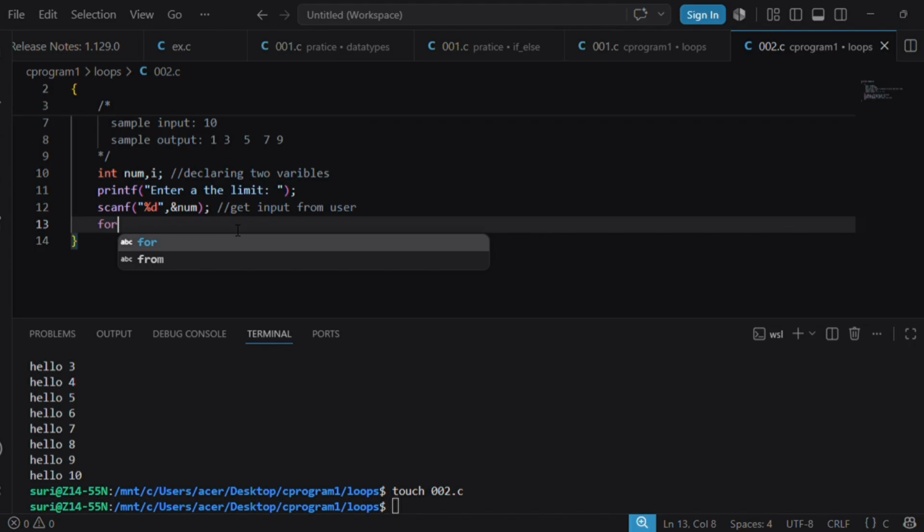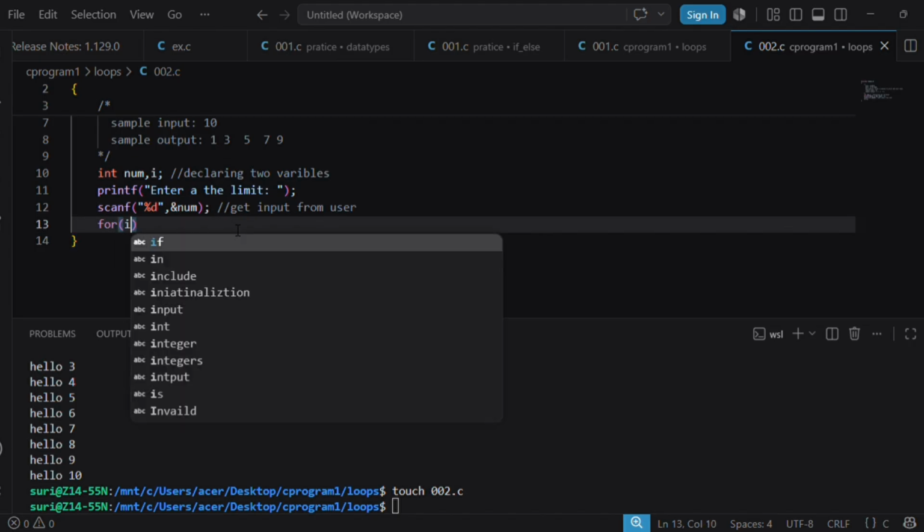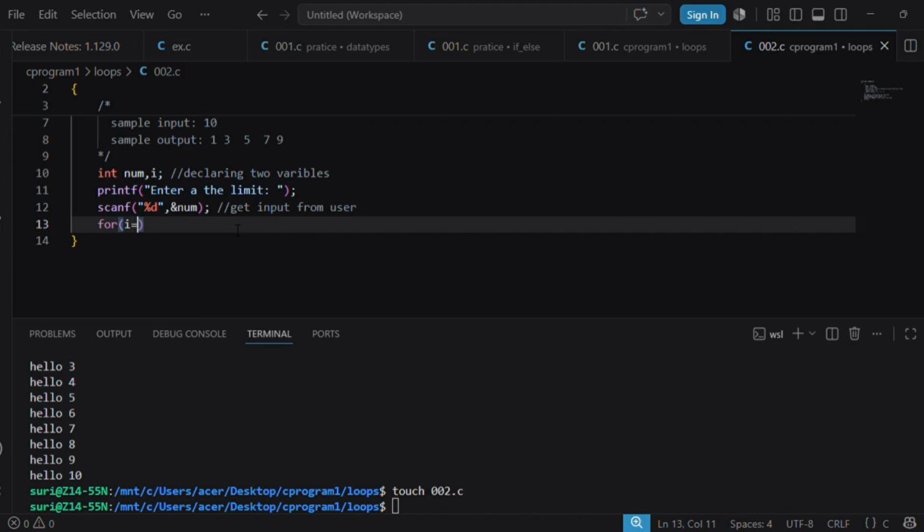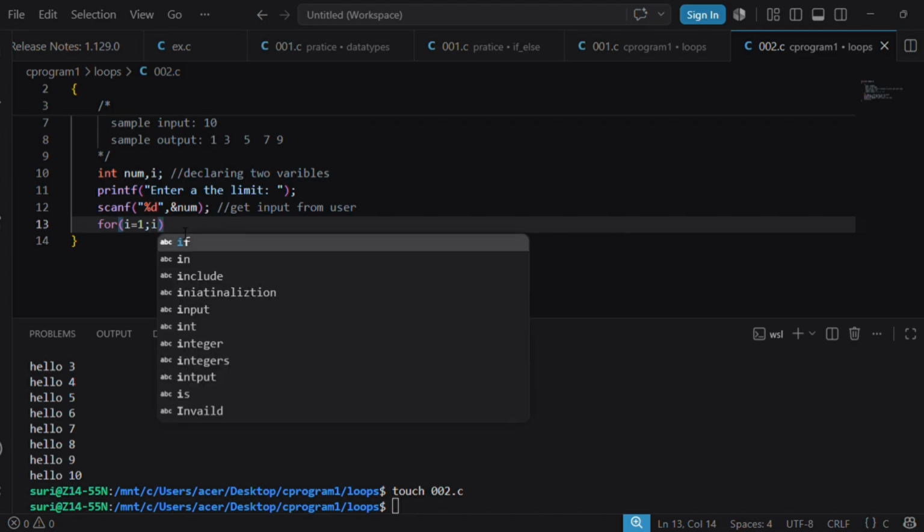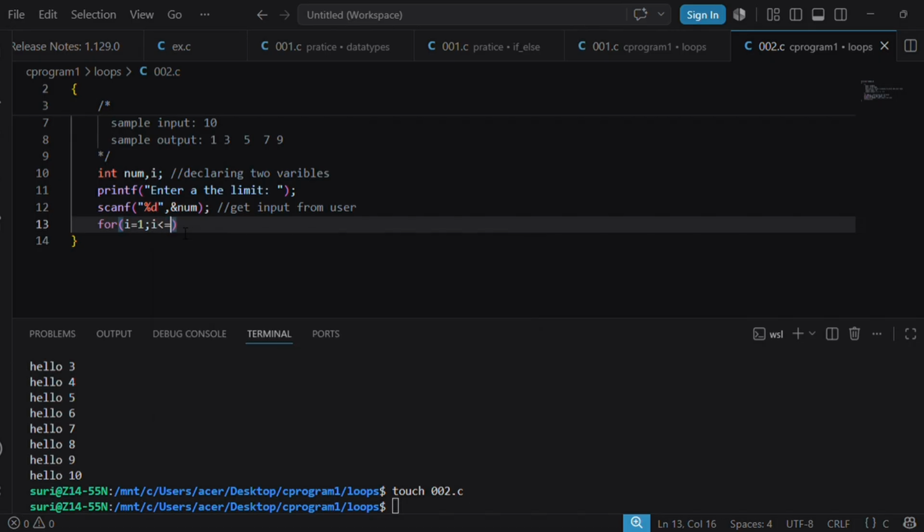Open bracket. Initially I am setting the value 1, then i is less than or equal to num. So this is important here.